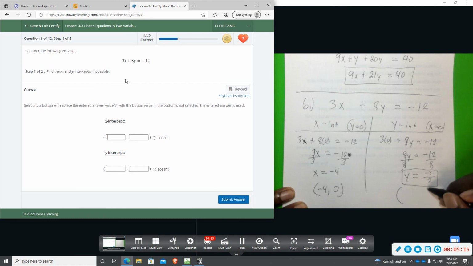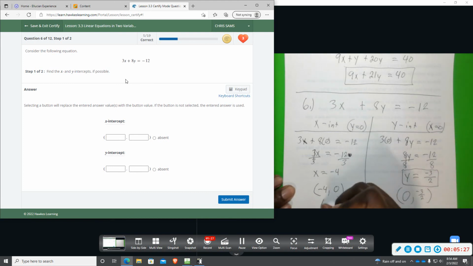When you put that as an ordered pair, x is 0, y was negative 3 over 2. Be careful not to mix up the ordered pairs. The order is important: x, y, always in that order. Alphabetical order. So here are our two intercepts. The x-intercept is negative 4, 0. The y-intercept is 0 and negative